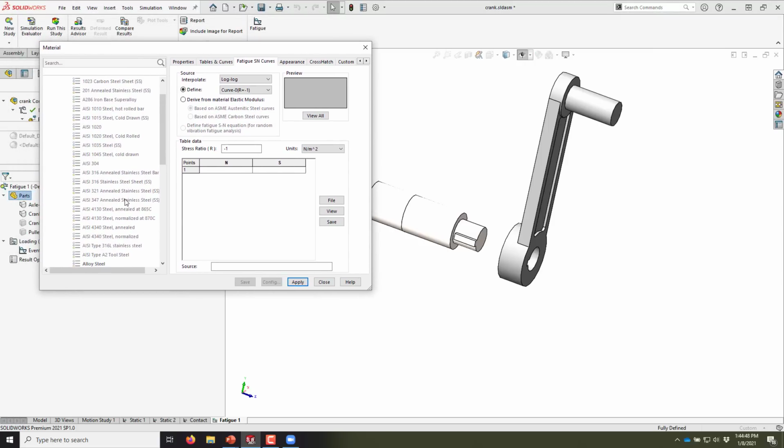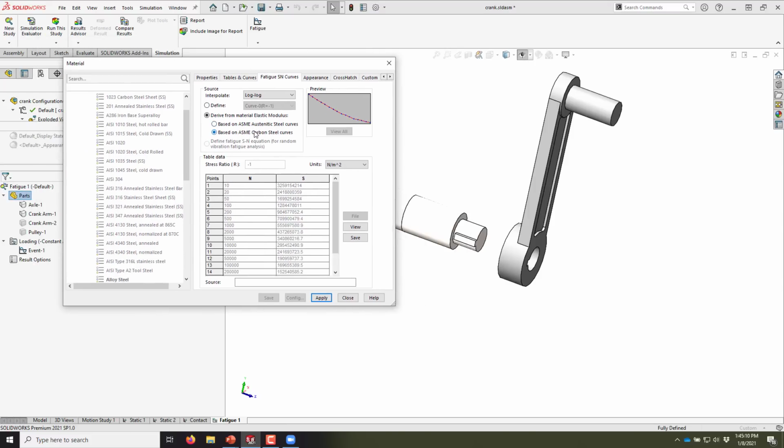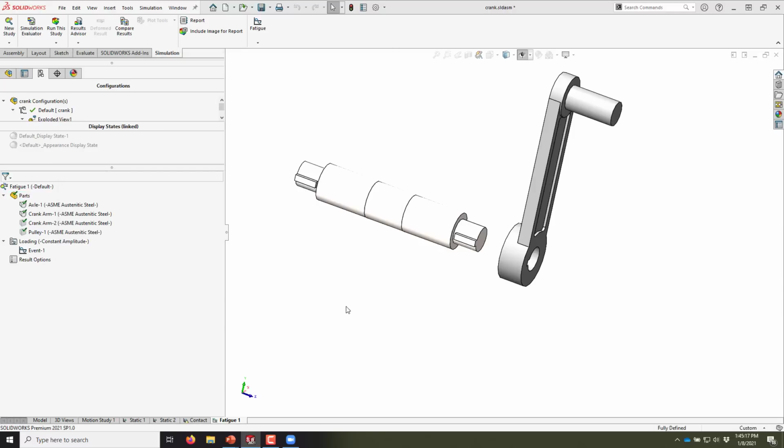Some materials come with an SN curve, some don't. I think in the materials database there are between 50 to 100 materials that have SN curves already there for you that you can plug in. These are material curves. But in this case, let's just see if I derive a material curve for the steel material that I'm using here. We have the ability to derive it for austenitic and carbon steel. So I'm just going to use this first option here for now. And now I've applied that curve. And now if I go and run this study,